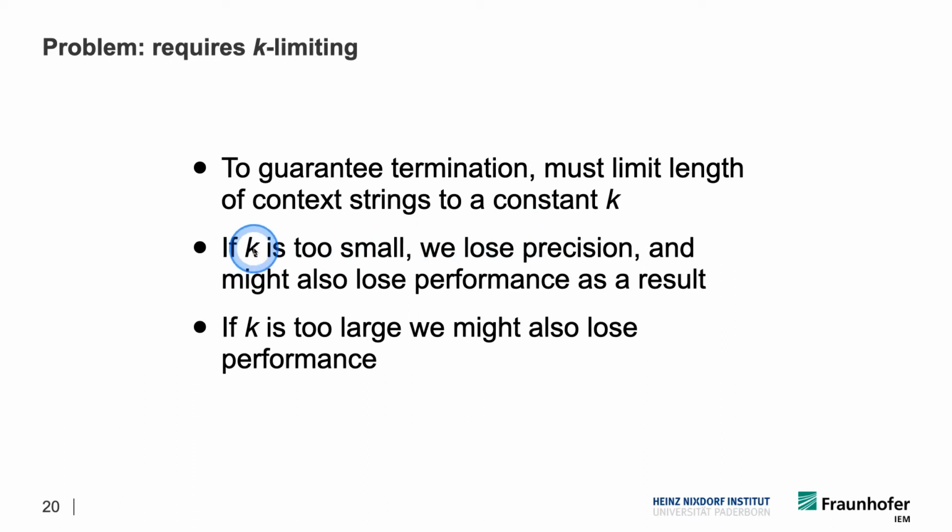For instance, in the limit, if k is 0, you end up having a regular context insensitive analysis again. So you can just go without using call strings altogether. If you choose k equals 1, then you only have a single level of calling context strings. And that gives you some added precision, but not a lot. And the problem is then, because you lose some precision, or at least you don't gain as much precision as you would like to gain, as a result, you might again lose performance.